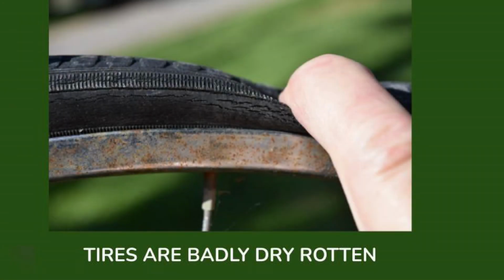Another question that's kind of associated with looking at used bicycles and looking at your own bicycle: how much dry rot, that cracking on the sidewall, is acceptable? Well, the answer to that is pretty much none. If there's any cracking on the sidewall of your tire, it's not going to get better, obviously, and it's only going to get worse. So if you see any cracks starting to develop on your tire, if it's towards the end of the season, maybe you can get away with not replacing that tire. I wouldn't recommend that. As soon as you start seeing cracks on the sidewall, you should just head to the bike shop, buy a new tire,